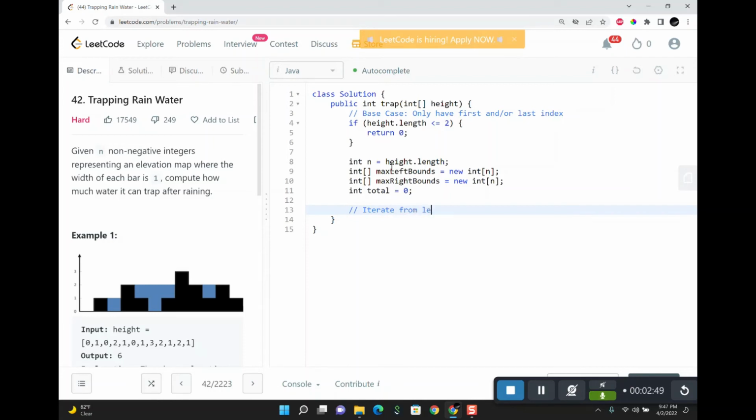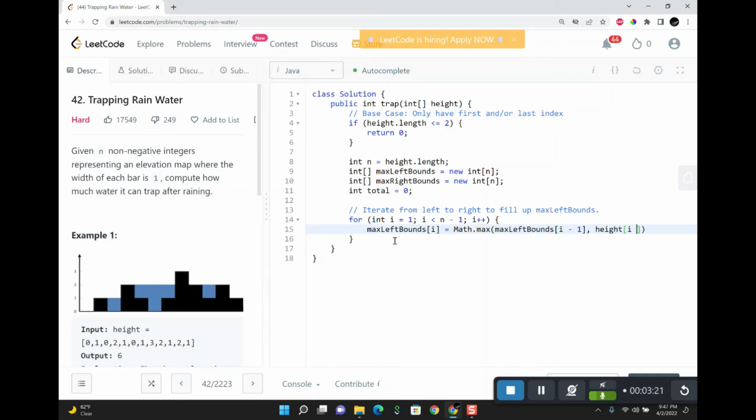So again, as I stated before, we want to iterate from left to right to fill up max left bounds. So for int I equals to 1, I less than n minus 1, I plus plus. So again, we're going from index I equals to 1 less than n minus 1 because we don't care about the first and the last indexes. It's impossible to fill up water at the first and last indexes. Max left bounds I is going to equal to math.max max left bounds I minus 1, height I minus 1,